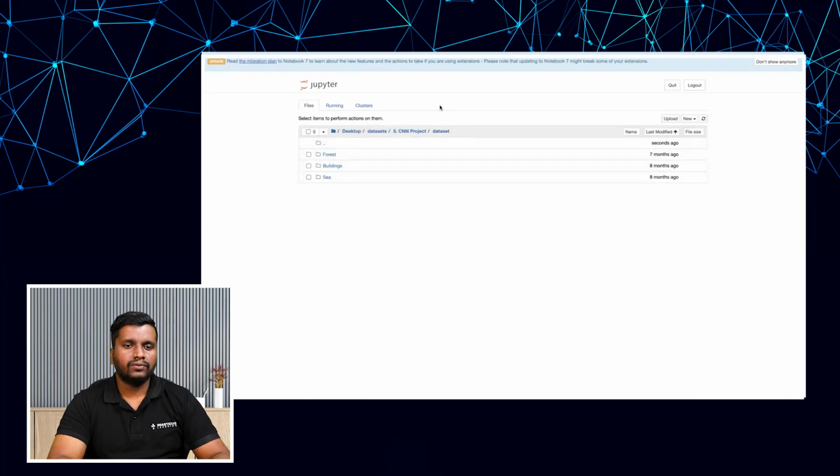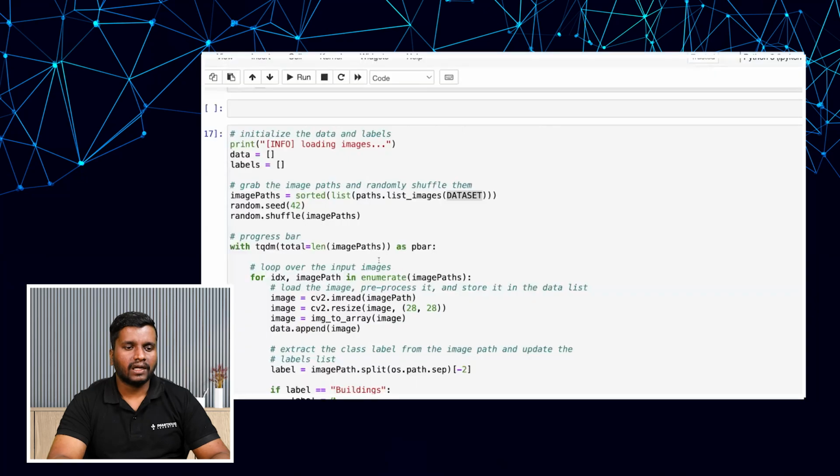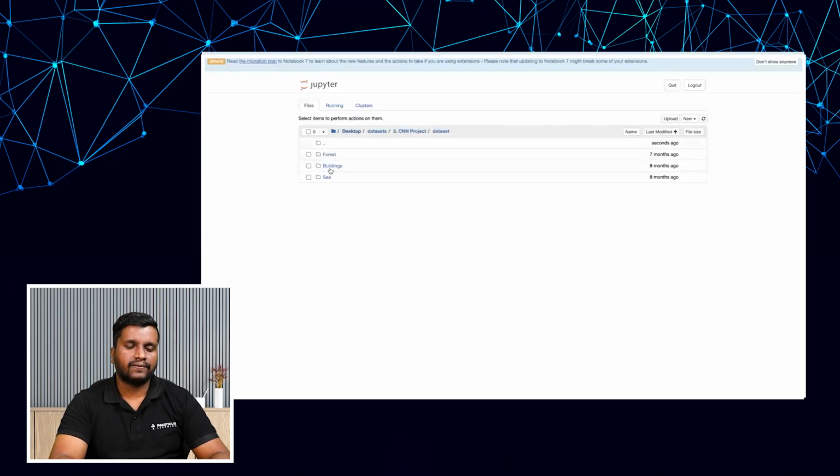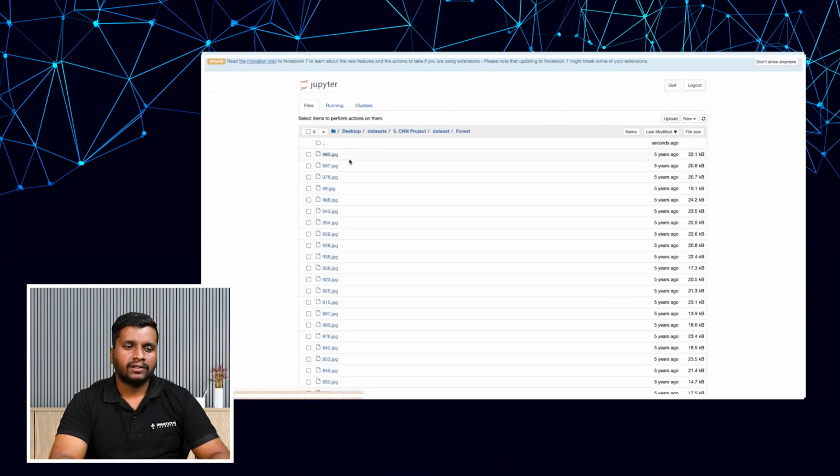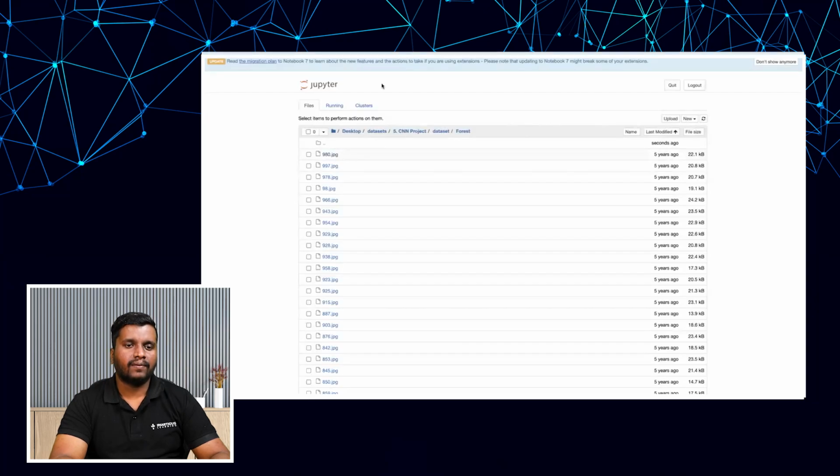So I want to extract all the images and their paths. I will first sort the images. I will create a list of all the paths which are present in this image path. So I will use paths.list_images on this dataset folder. I will be searching inside this dataset folder for images and their paths. Say this is my image, so its path, its memory address, is what I am going to store,